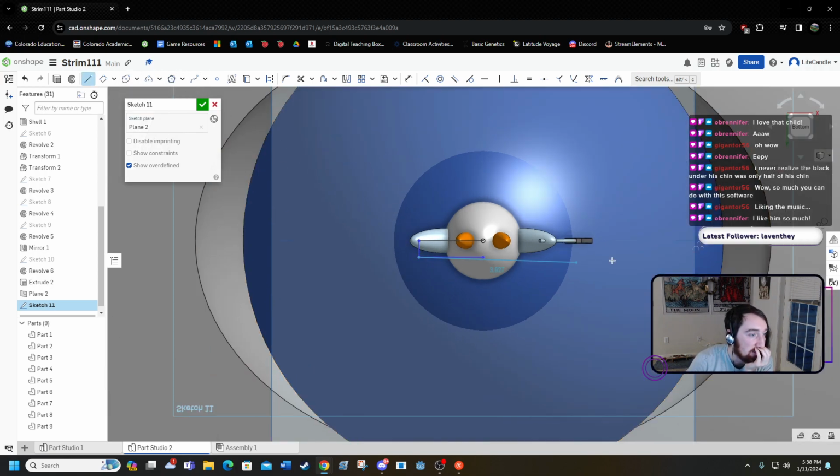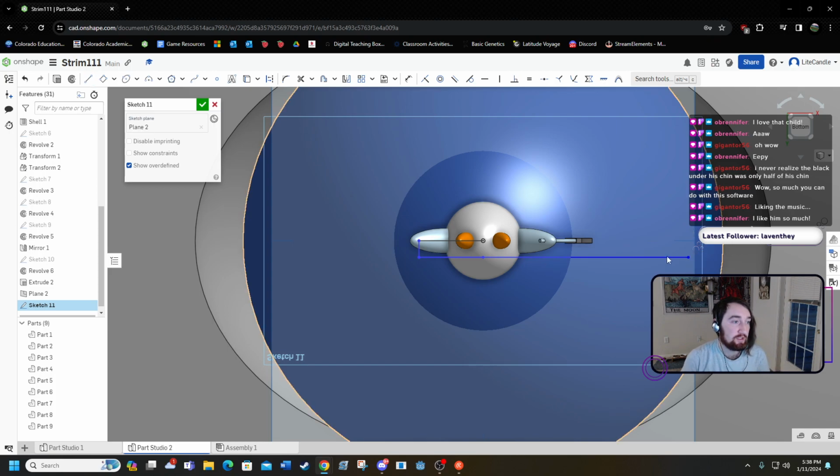Let's just extend this outward as far as we want for now. Or actually, let me make another line here and say I want these lines to be equal. Okay. So now